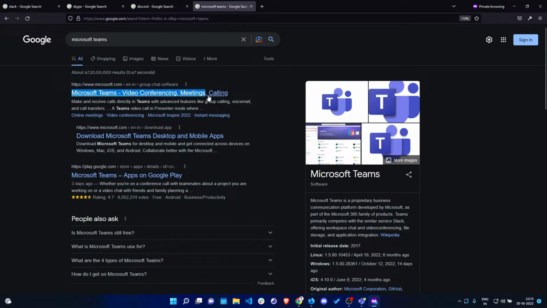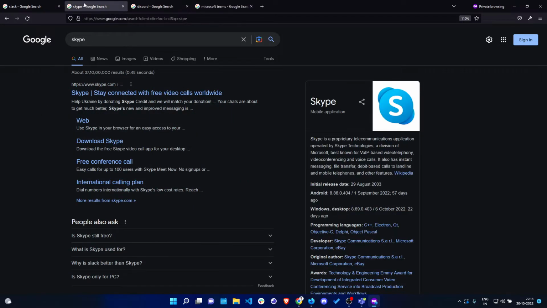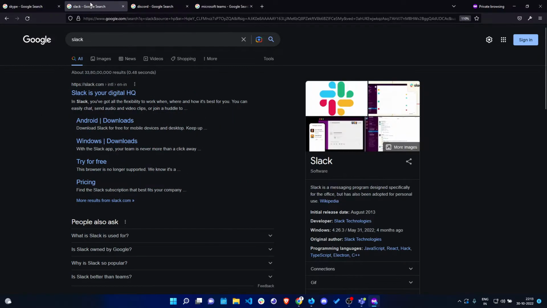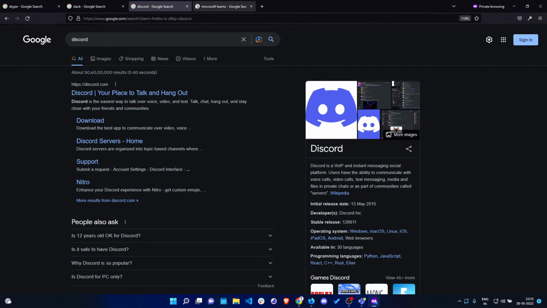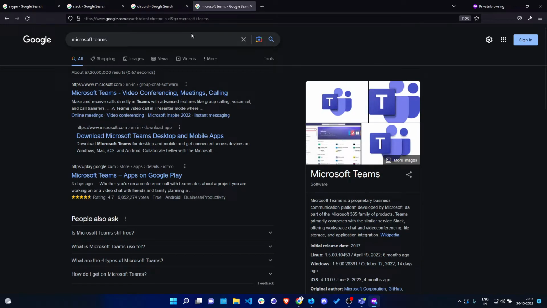Microsoft Teams, most of my clients, if I talk to them, they are really good with Skype. Then comes Slack and Discord, and I really don't think Microsoft Teams is really an option. But these are a couple of platforms that I would recommend to you if you want to have a good amount of communication. And trust me, you really don't need a whole workspace or work suite to manage